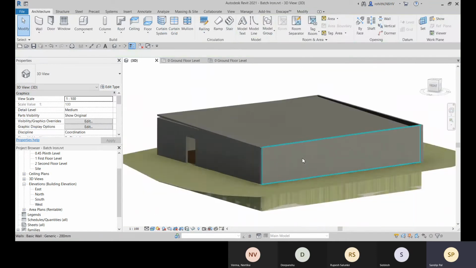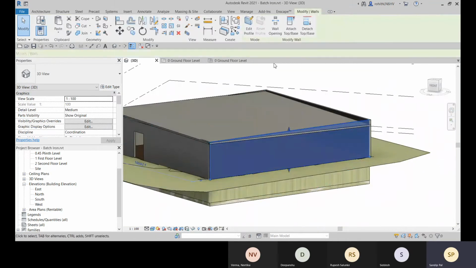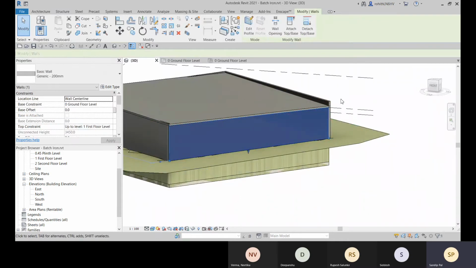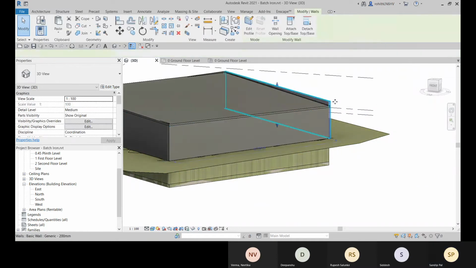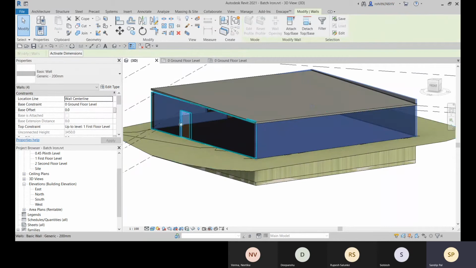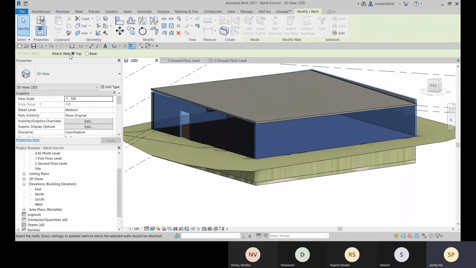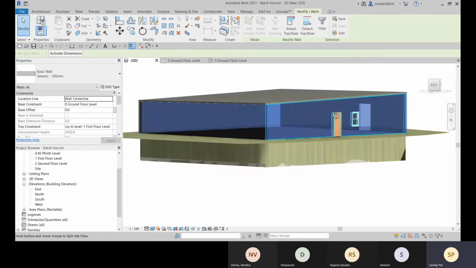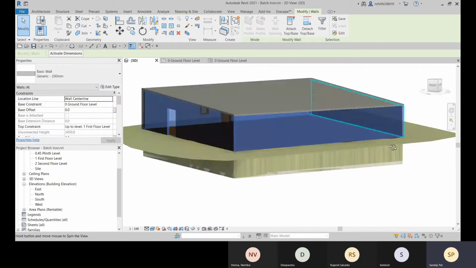You can make that adjustment with the attach top or base option. Select that top, and in this way just select all these walls. Right click, select all instances in entire project. All these walls are selected. Go for attach top or base. Choose the top option and specify the top element, that is your floor. As per this, you can see that it is aligned right now.